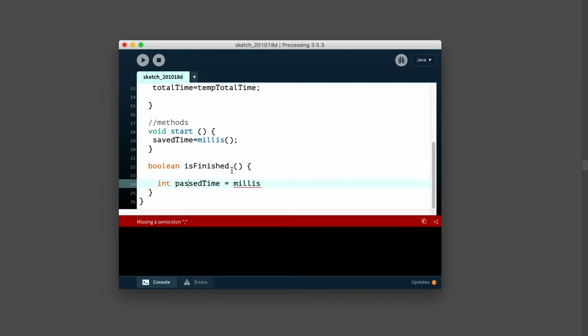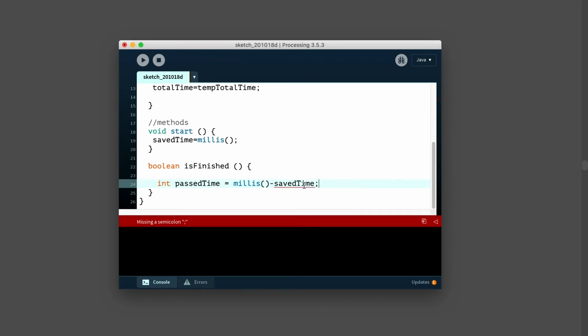So we're going to have a new int that's past time, how much time has passed. We'll take the millis value, the current time measured in milliseconds, and then subtract save time from that.